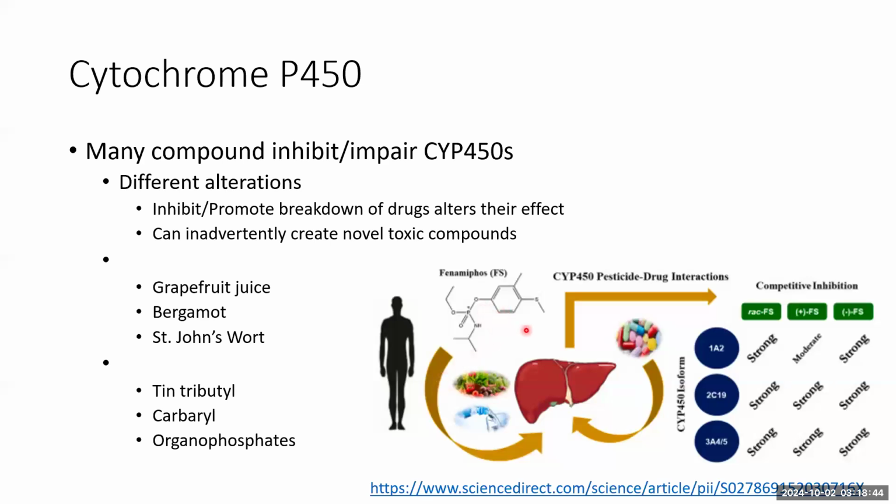So even for one compound, if you interact your cytochrome P450s with other potentiating compounds, things can go haywire. And potentiating compounds don't have to just be other toxic things. There are plenty of benevolent inhibitors out there that especially act on cytochrome P450. So grapefruit juice is kind of the classic one. There's a compound in grapefruit juice that inhibits your body's ability to break down certain heart medications into their functional